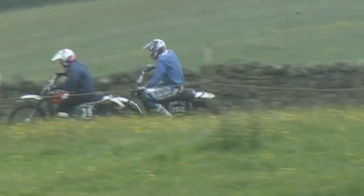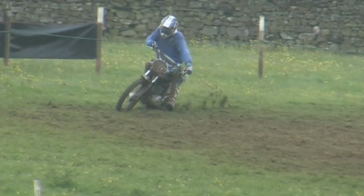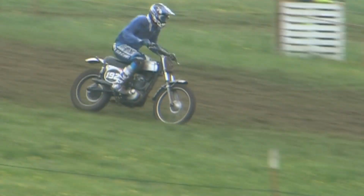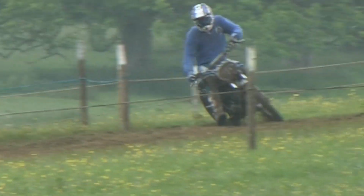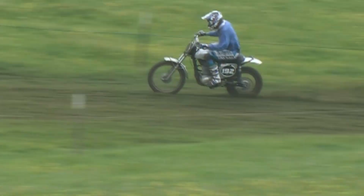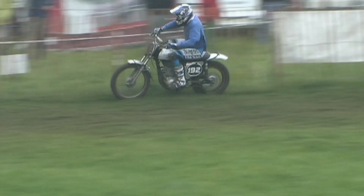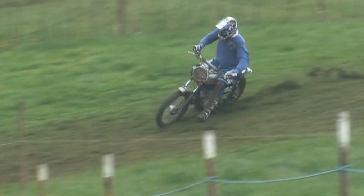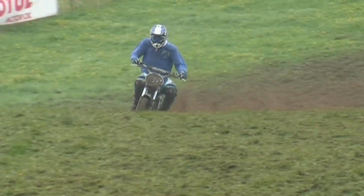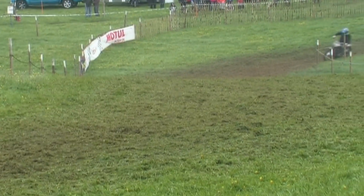So we're back looking at our race leader once again, number 192, Chris Collins, as he circumnavigates this Lownthwaite Farm racetrack. This event here at the Blencarn Scramble is held in June each year, and this is always one of the races that I look forward to attending over the course of a year. So as Chris Collins comes round to begin his last and final lap, he's looking good for his first win